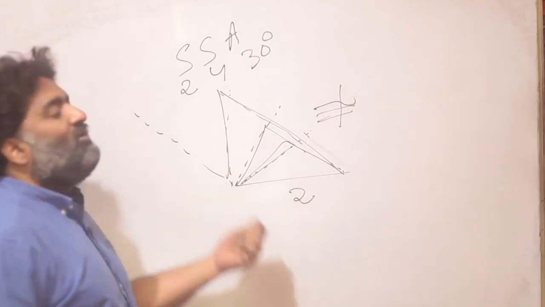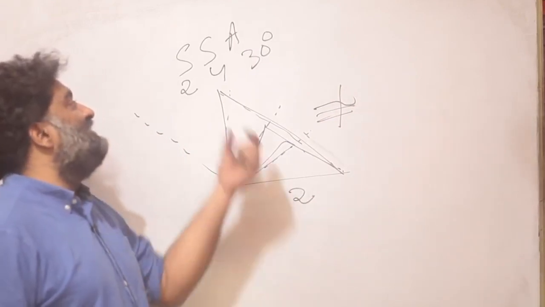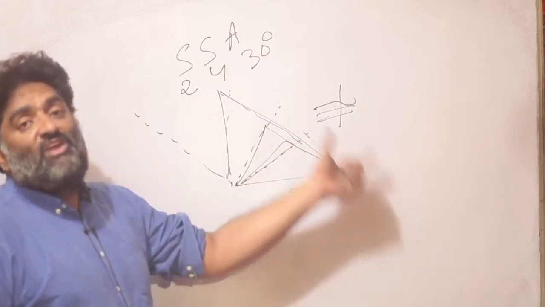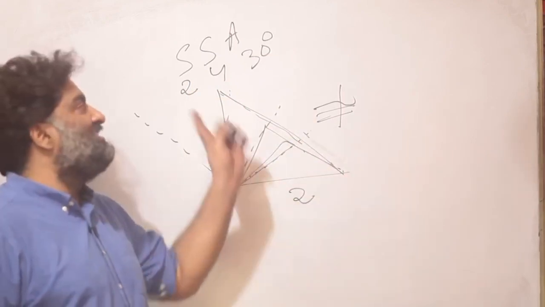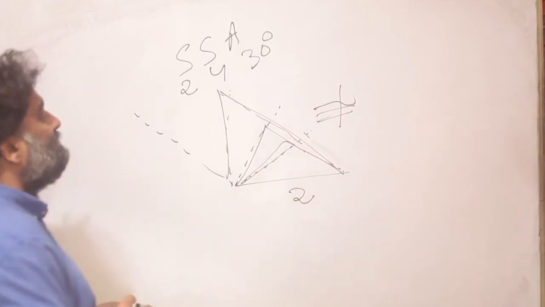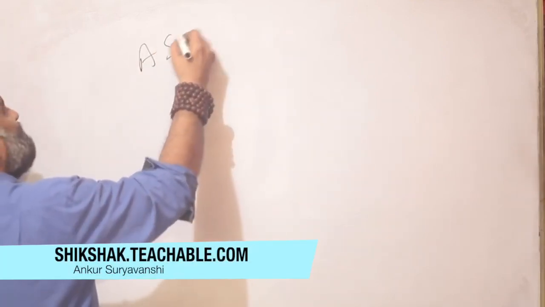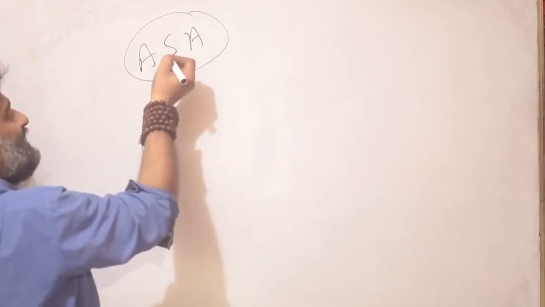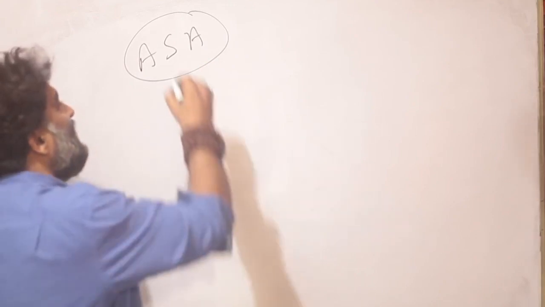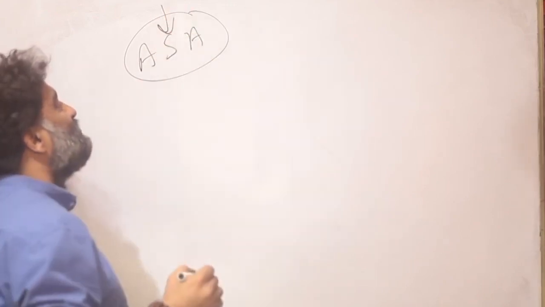Another way of looking at it is, the moment I see that from this given information I can create multiple triangles of multiple shapes and size, the information is not enough for me to say that the triangles are congruent to each other. And once again, coming back to a rule of congruence where it will work: angle, side and angle. Two angles are given and the included side is also given to me.